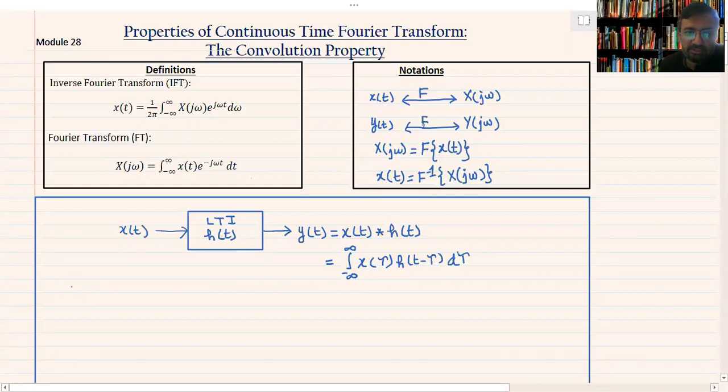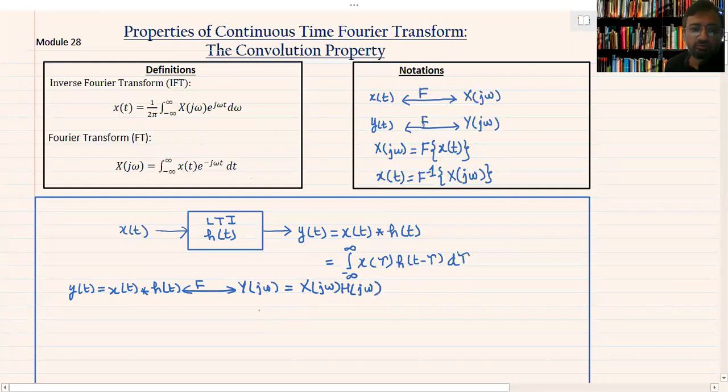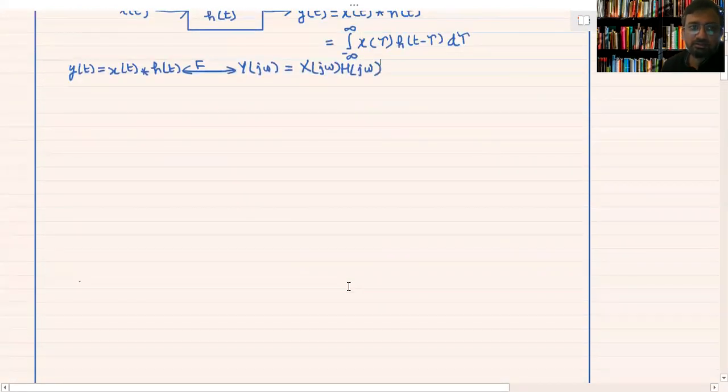Now, the convolution property says that if y(t) is the convolution of two signals x(t) and h(t), then its Fourier transform Y(jω) is equal to X(jω) times H(jω). That is, the Fourier transform of convolution of two signals is the product of their Fourier transforms. And we will do a proof of this property as well. So to prove this property,